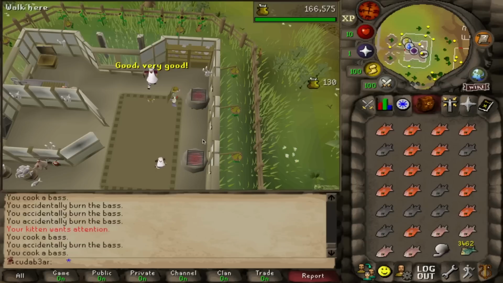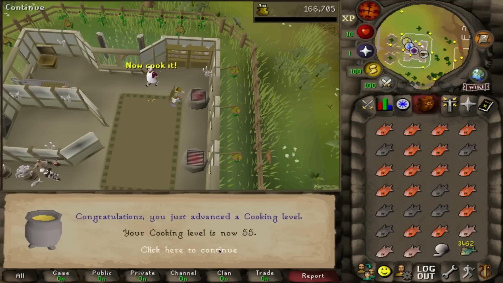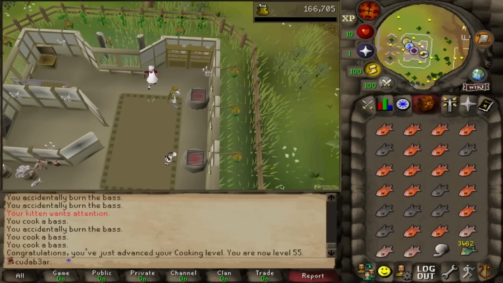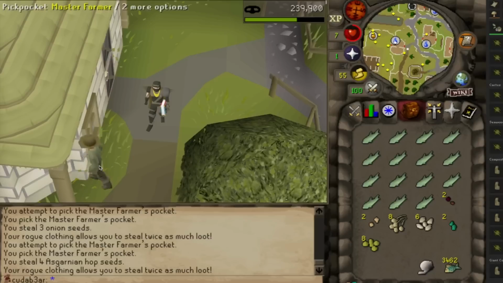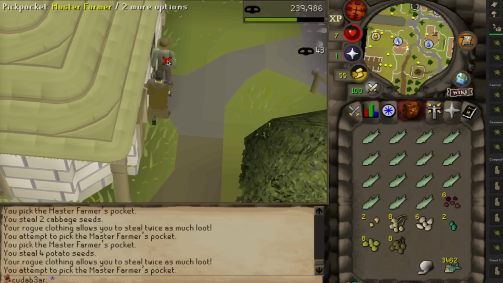And then of course, after completing any Tempros grind, you have to go cook all the food, which got me up to a healthy 55 cooking, which is pretty great. I also now had plenty more food to do some more pickpocketing, so you'll see that periodically through the episode that we return to the Master Farmers to get a few more belladonna seeds. And that's no exception here, where I'm pickpocketing and getting belladonna seeds, and was working my way up to 60